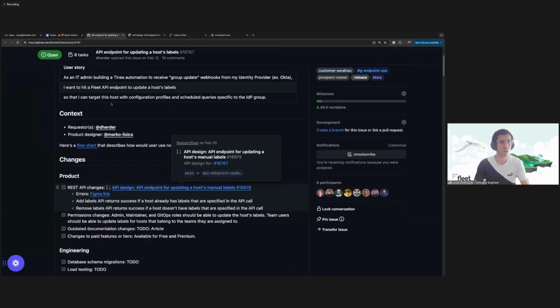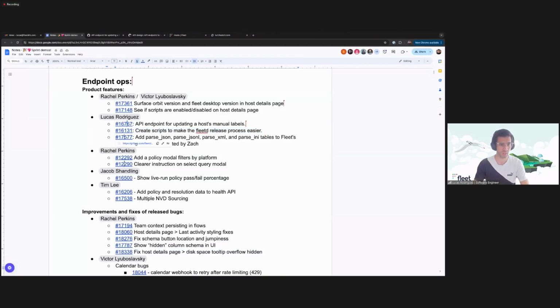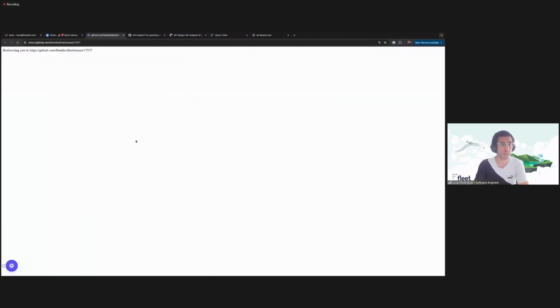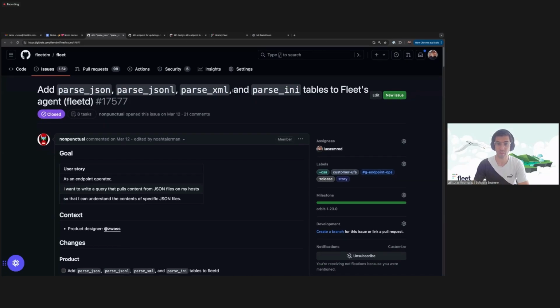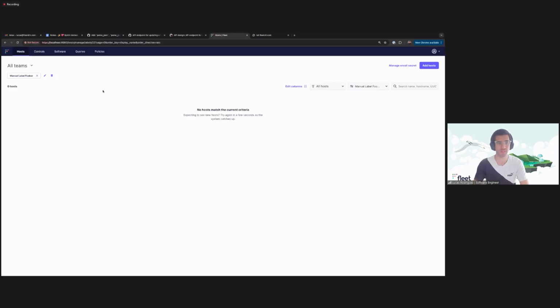Lastly, I have this other issue that actually Zach implemented, Zach Wasserman. We added these tables that I think are very dummy tables, but they're really useful. We added them to FleetD. So I will just quickly demo these tables. They are already released. Actually, will be released today